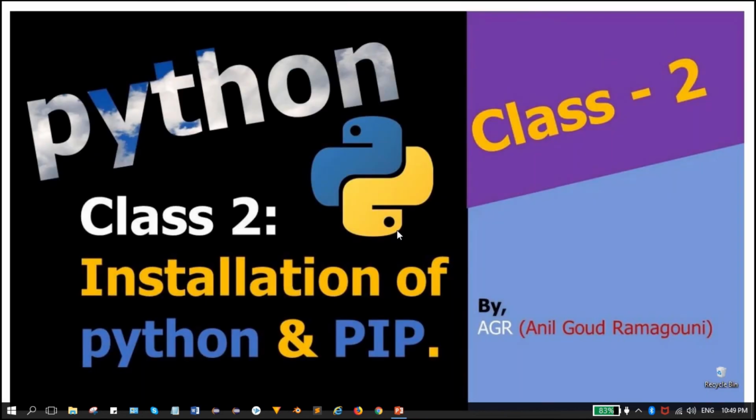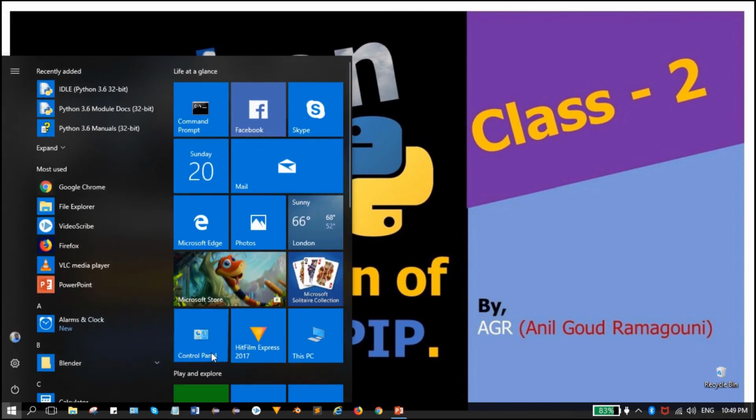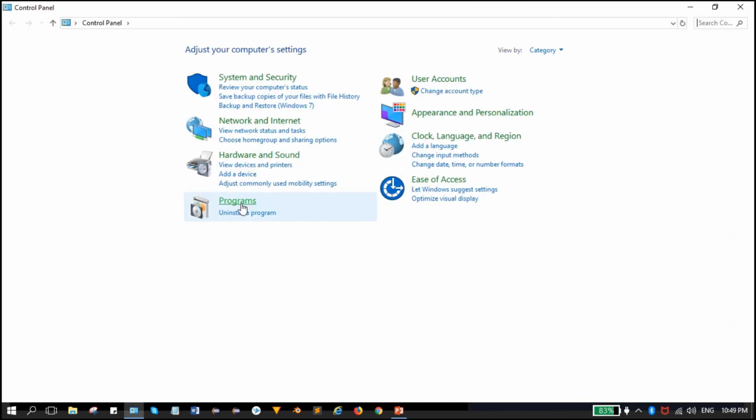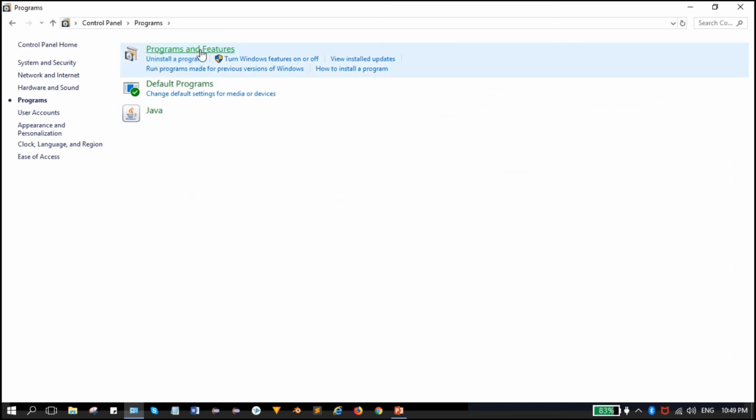Okay, now Python is installed, and pip we also have, and we have installed so many packages and we have uninstalled them. Now the thing is, how to remove Python from our system. To do that, it's very simple. Go to start, go to control panel, click on programs, programs and features,